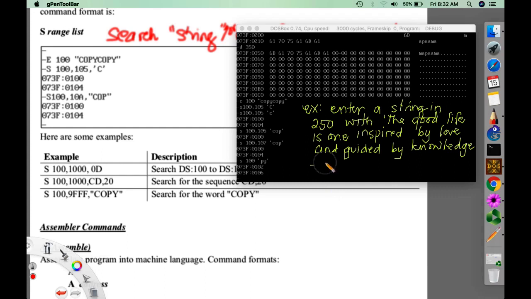And I would like you to count the number of E occurrences. Also, count the